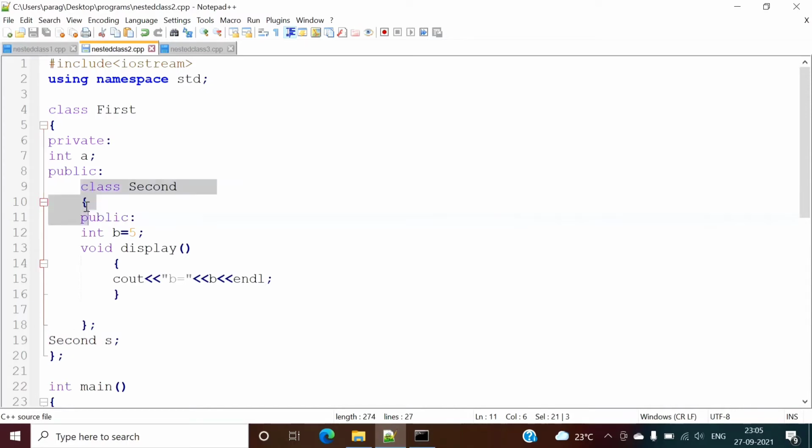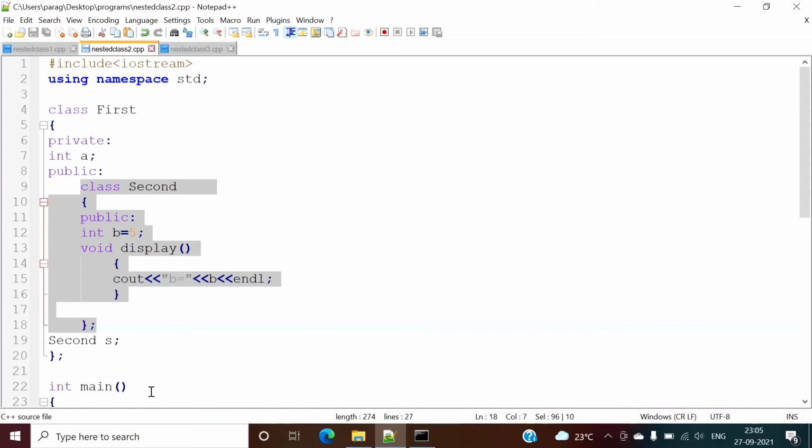See, this class is defined inside the first class, and here only we are creating the object of this class. And keep in mind, just like we put a semicolon after the class definition, here also you have to write a semicolon. For this class we have written a semicolon at the end of its definition, and in the same way, while defining this class we have put a semicolon here.